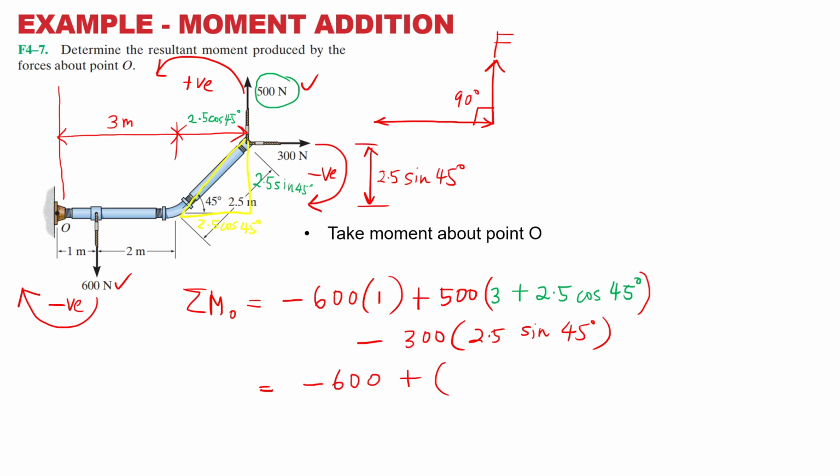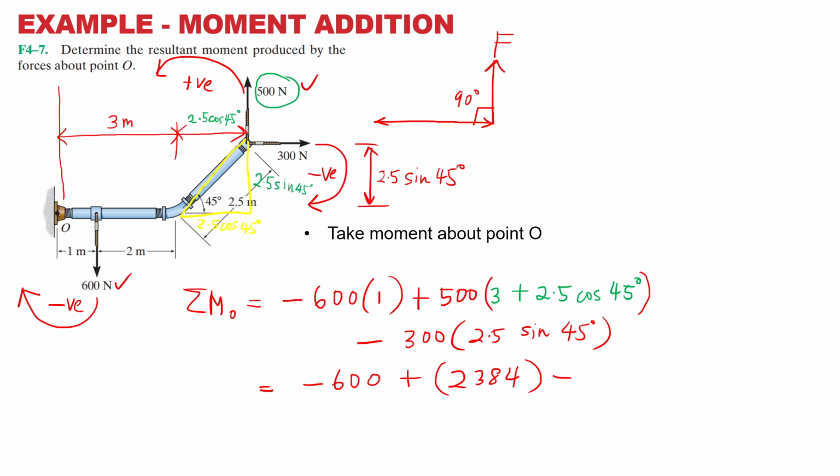2.5 cos 45, plus 3 times 500. 2383, 2384. So it's actually 2384. Okay lah, 4 significant figures is enough. 84 is correct. So minus